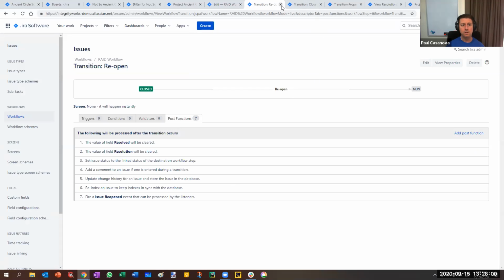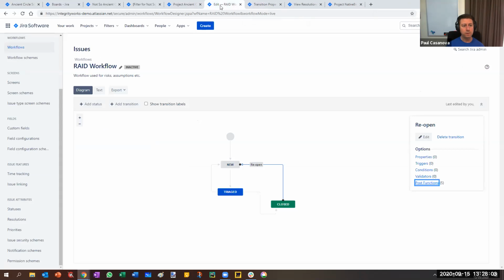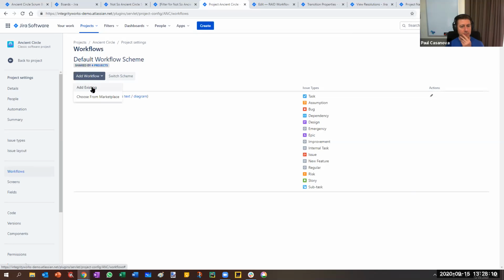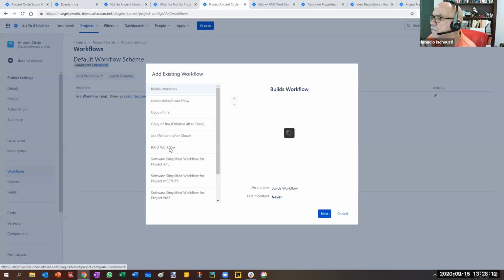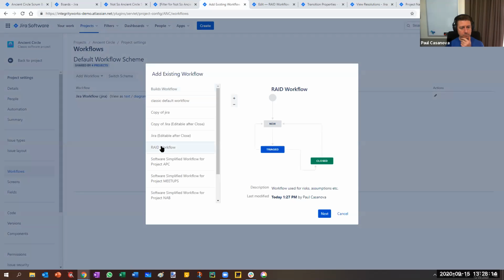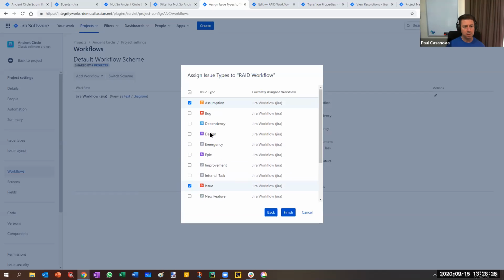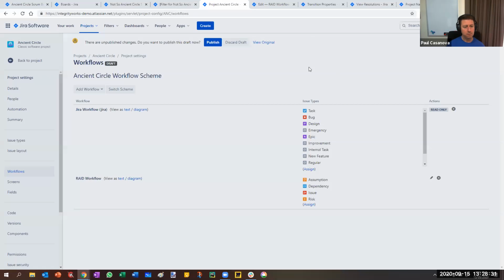Okay. So we've got our RAID workflow. For Ancient Circle, I want to add an existing workflow. Here's my RAID workflow. Next, which issue types do I want to associate with it? I've got assumptions, issues, risks, and dependencies. If I go finish, and I publish,